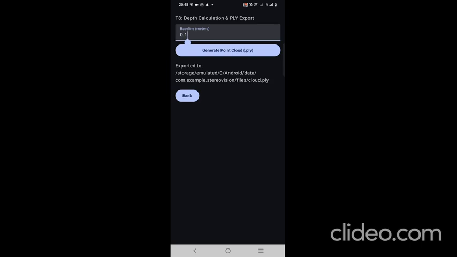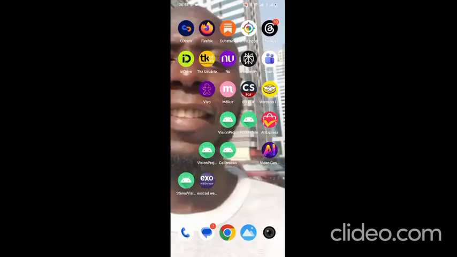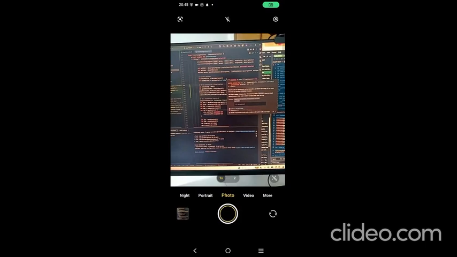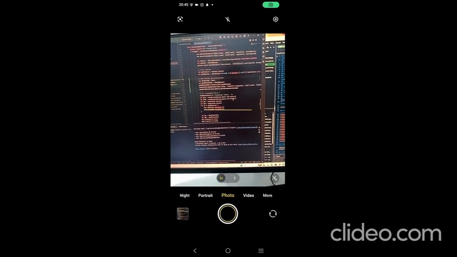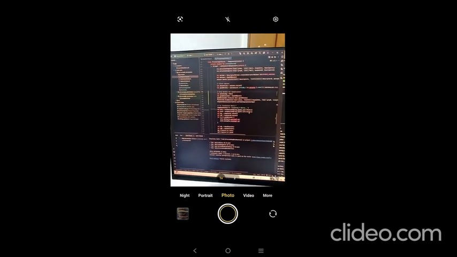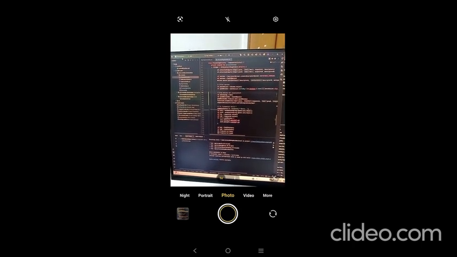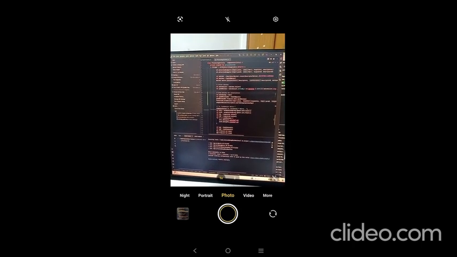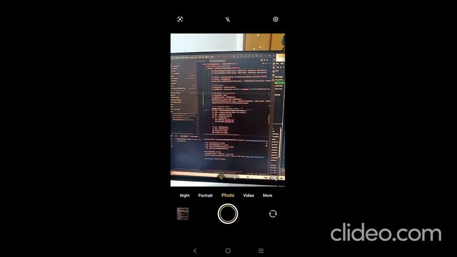So in this case, I come back to my, what is it called, Android Studio project. From there, I now export my cloud.ply file. How do I do? Okay, now I have to come to video to show how the process is like. Then this is my Android Studio project. From Android Studio, I come to